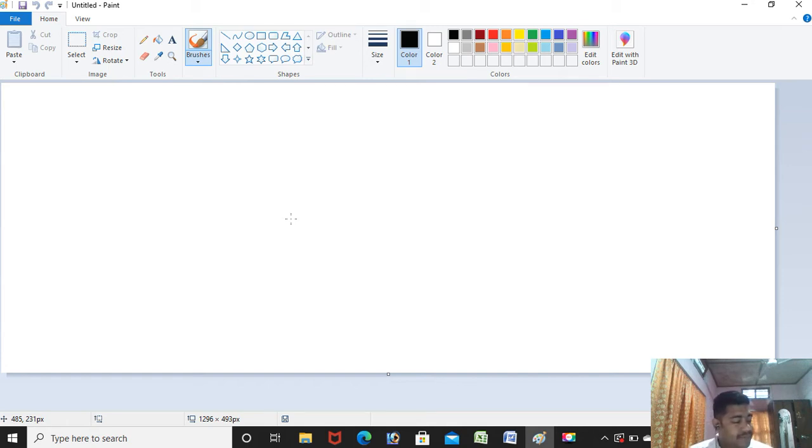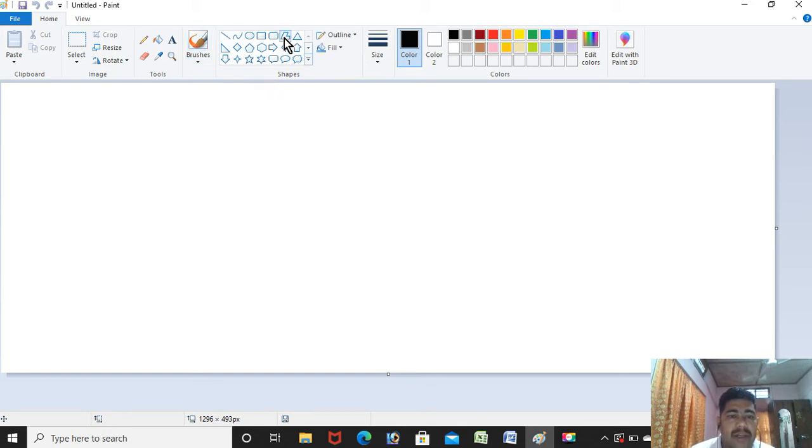Not only polygon, there are different objects. There are circles, there are squares. You can draw a curved line, anything. So we are going to learn how to do that. You can see this page, and this mouse pointer which is moving, I will take it and put it here. This is my polygon shape.